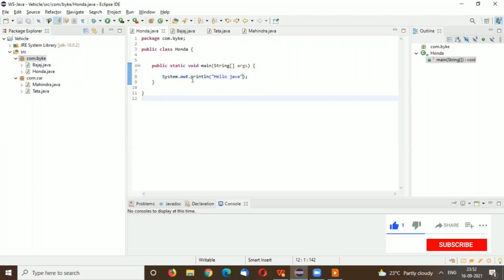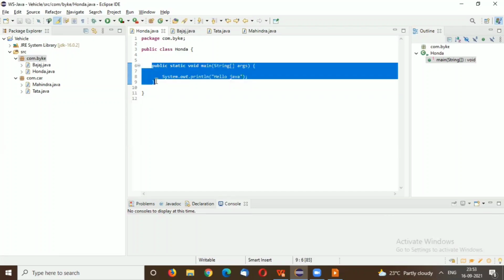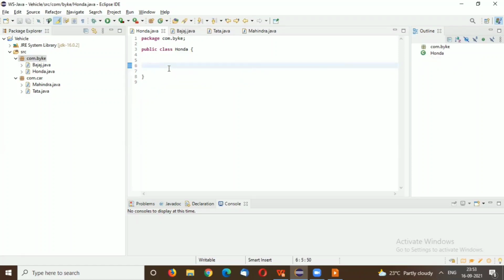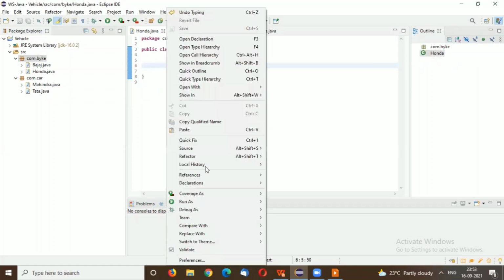Okay, the Java main method is the heart of the program. Without a Java main method, we can't run any Java program. Like if I remove this with Ctrl+X, and if I right-click and try to run this Java program, there is no option showing here to run a Java program, right?